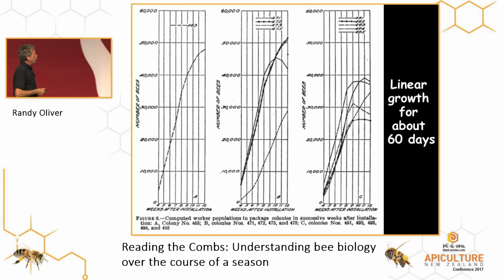That top-out at maximum population, when I've worked it out mathematically, is about 42 times the queen's egg laying rate a day. So I'll give you another easy arithmetic problem. The queen's laying 1,000 eggs a day. What's the top-out population? It's 42 times the queen's egg laying rate. If the queen's laying 1,000 eggs a day, what's your maximum bee population?